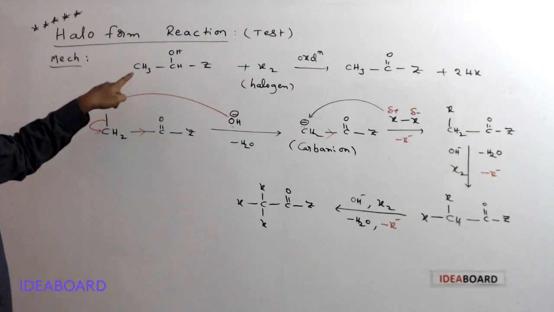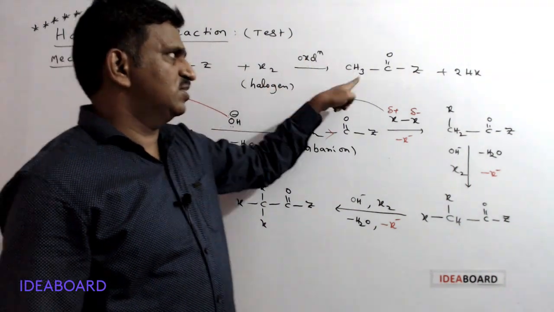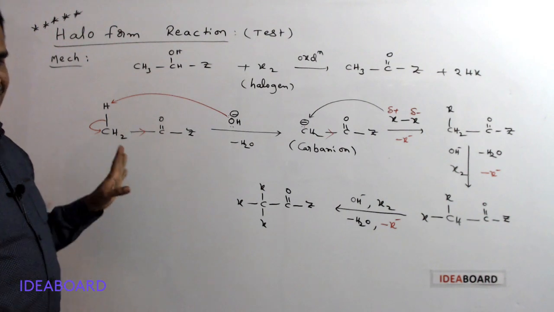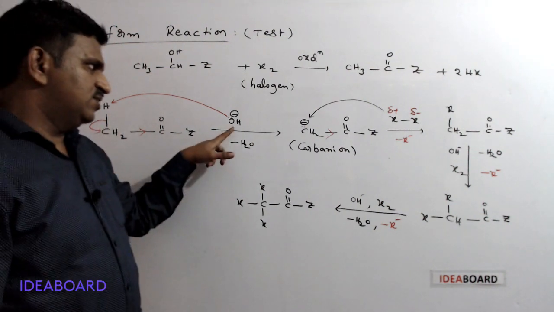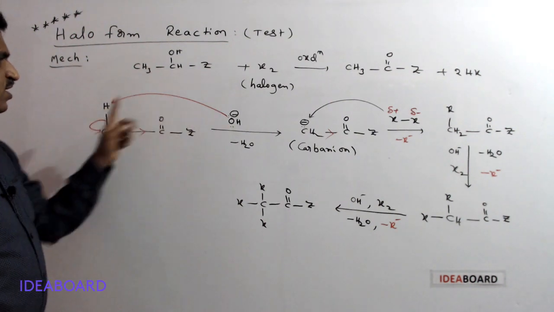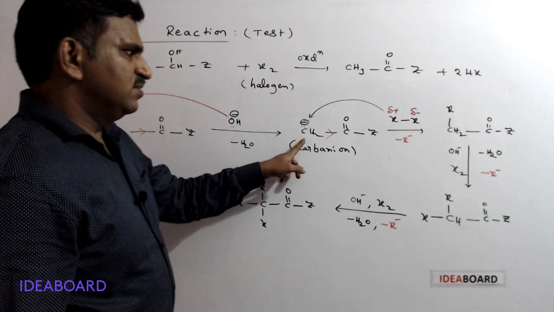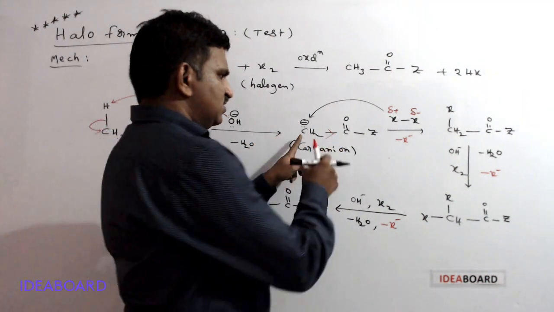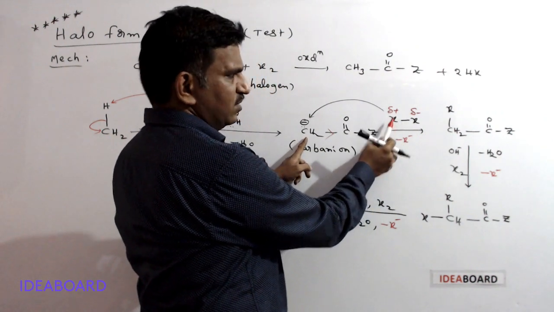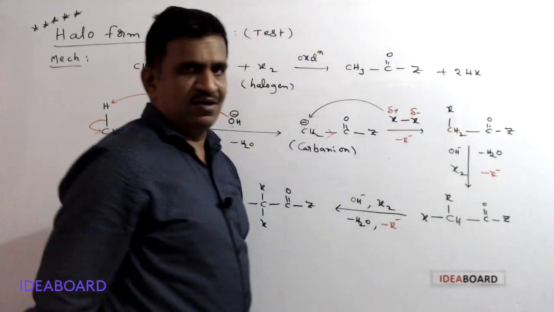So first, if you have a methyl carbinol system, by the halogen reaction oxidation occurs to give a methyl keto system. And this methyl keto group containing compound reacts first with a strong base. The base attacks a proton and removes the proton from this and forms a carbanion. The carbanion is stabilized by the withdrawing groups and this carbanion is attacked by the halonium ion, X plus, and then it forms a monohalo compound.